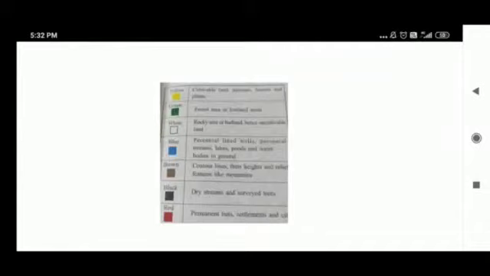Now you can see that yellow, it is used for cultivable land, plateaus, desert and plains. Green, forest areas or lowland areas. White, rocky area or bad land, hence uncultivated land you can say. Blue, perennial lines, wells, streams, lakes, ponds and water bodies in general. Brown, contour lines, their height and relief features like mountains. Now these contour lines you will be studying in this type of topographical sheets. Fourth, black, dry streams and surveyed trees. Red, permanent hut settlements and cities, etc.